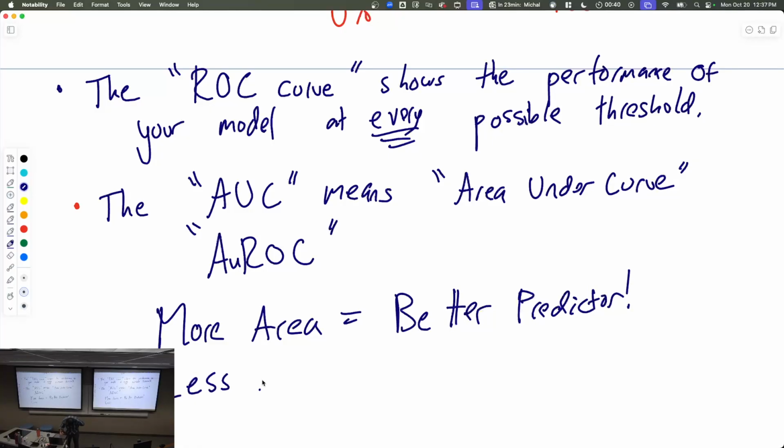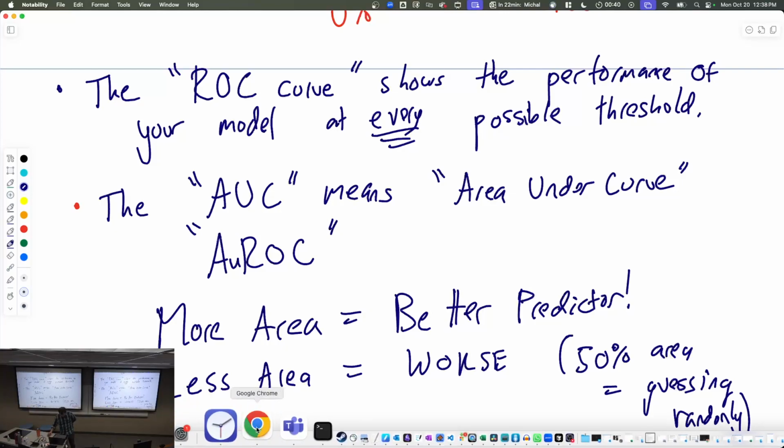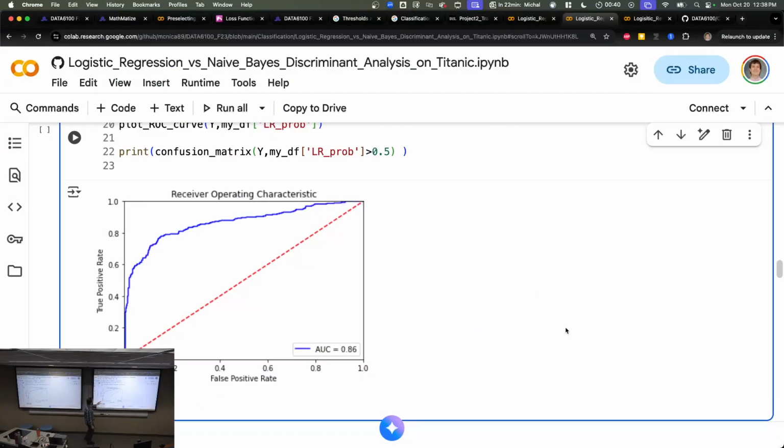Less area equals worse. And 50% area equals guessing randomly. So the curve with the dotted lines over here is pure random guessing. This is always guessing one way. This is always guessing the other way. You can achieve this middle point by guessing half the time wolf, half the time not wolf, and that has